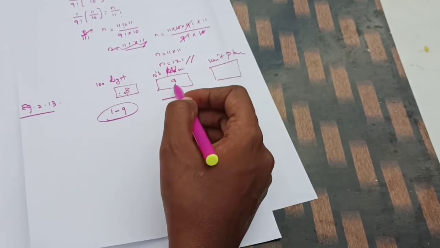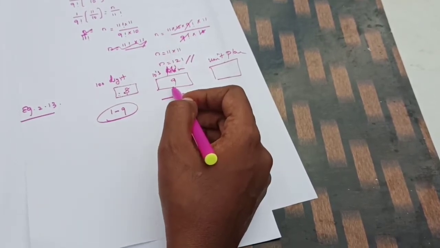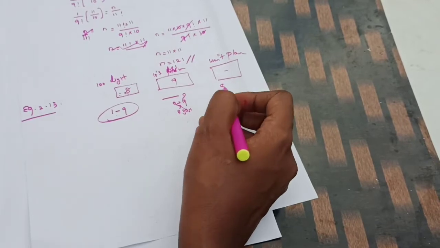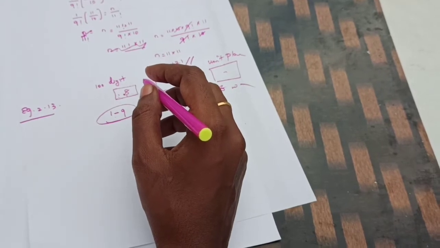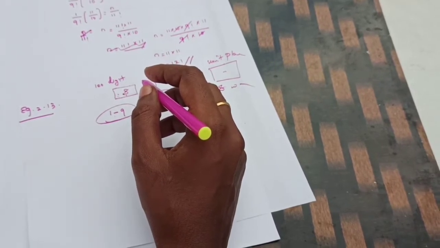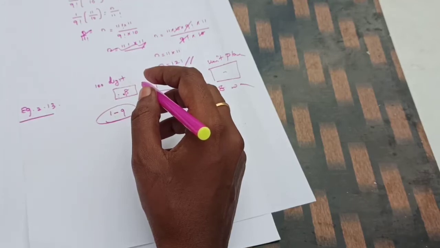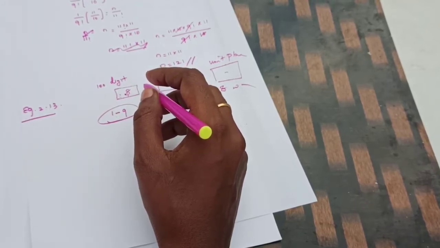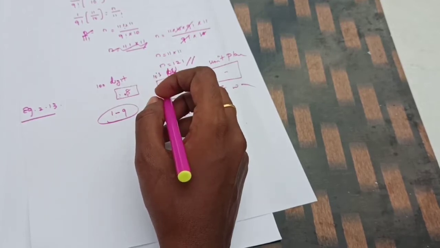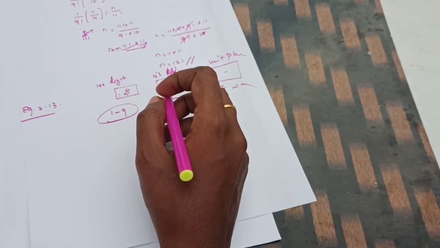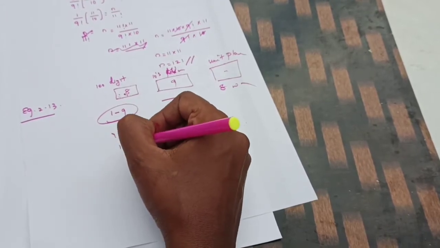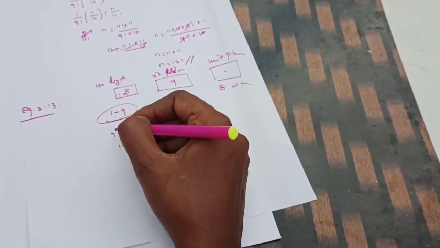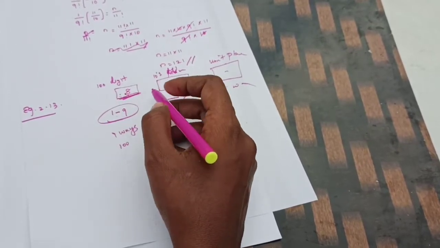Understand? So if I am using 9 ways here, then the unit place can be filled in the remaining 8 ways. Understand? So you keep it in mind, you just need to think, that's all. So how will you fill the hundreds place? 0 to 9 is there, but for a 3-digit number 0 won't come in the hundreds place. So 1, 2, 3, 4, 5, 6, 7, 8, 9. So 9 ways are there for the hundreds digit. Then already one number I have chosen, so this number you won't use.